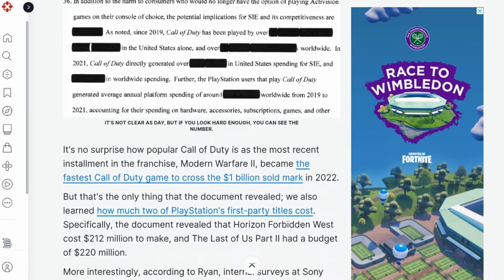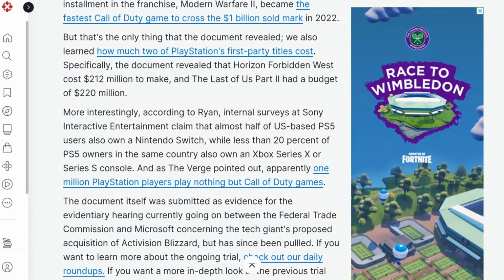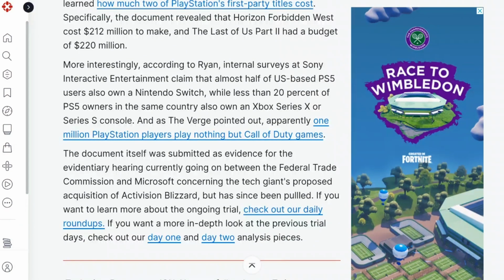It's no surprise how popular Call of Duty is, as the most recent installment of the franchise, Modern Warfare 2, became the fastest Call of Duty game to cross the $1 billion sold mark. But that's not the only thing the document revealed. We also learned how much two PlayStation first-party titles cost. Specifically, the document revealed...